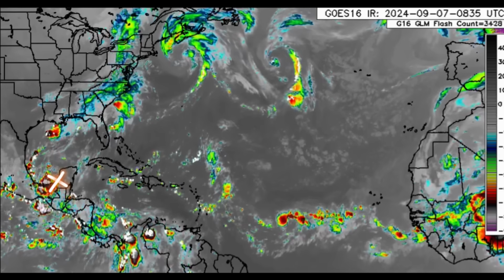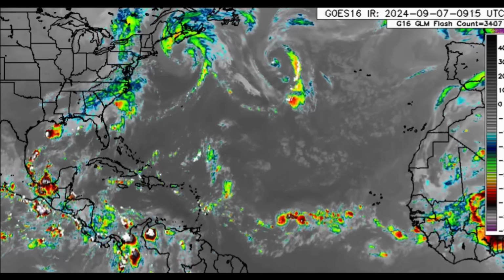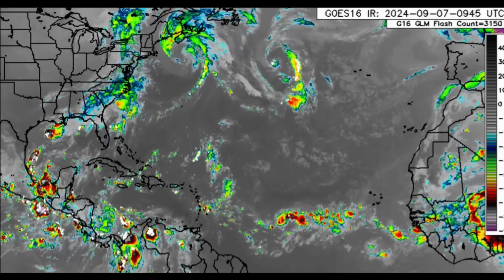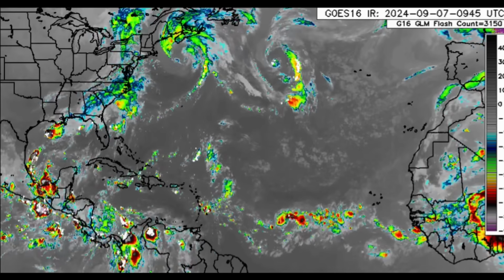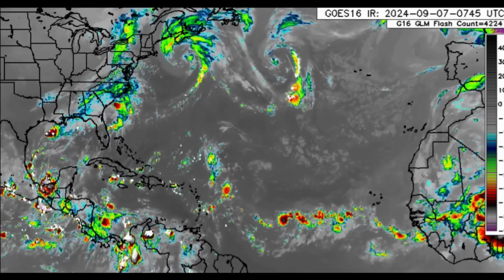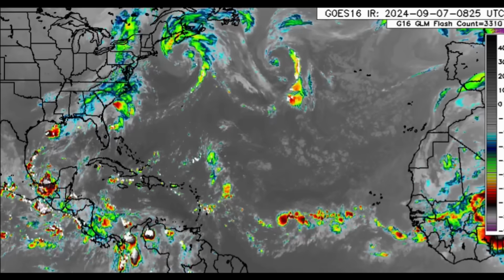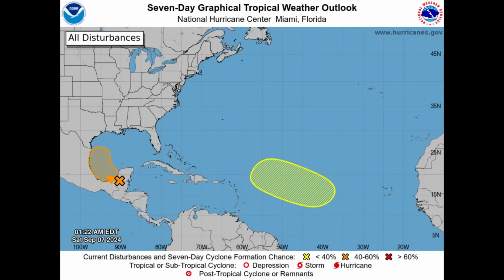So that is the same disturbance that moved through the Caribbean. So now it is going to be loitering in the Gulf of Mexico, and models are pretty much consistent on at least a tropical storm developing from that area. So the formation chance has increased, and another tropical wave is out there. We can see some convection in the main development region. So we're going to be talking about what is happening and taking a look at the graphic from the National